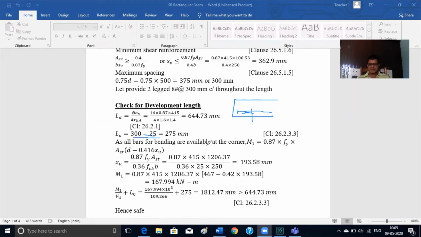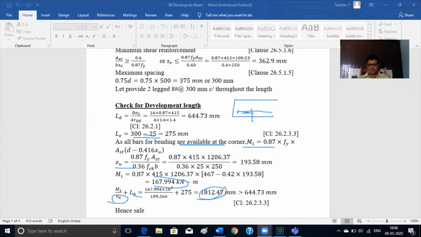Now all the bars are available at the support. So there is no bent up. All the bars have been taken to the support. So it is very important whether you will take all the bars or do some bent up, because we have not done any bent up calculation in the shear. All the bars are available at the support. So you find the moment of resistance, that is 0.87 Ast into D minus 0.41 Xu. Calculate Xu, find M1, it comes to 167.994. And V you already know, the ultimate shear at the support. L0 is known, so calculate this value. The value is coming 1812.47